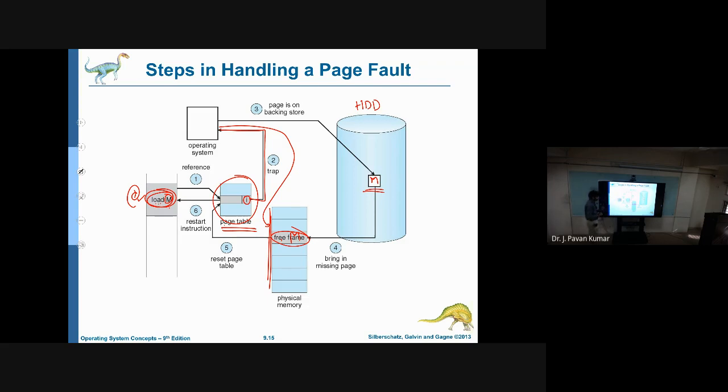Now, if we have a free frame, then we can bring the required page into that particular frame. That is fine. If we don't have a free frame at all, suppose we have 1, 2, 3, 4, 5, 6, 7, so 7 frames in the main memory, and 7 pages are already loaded. Then we will not have any free frame. Now we want to load m. Let us say the same context, except that we don't have a free frame. Then what can be done?